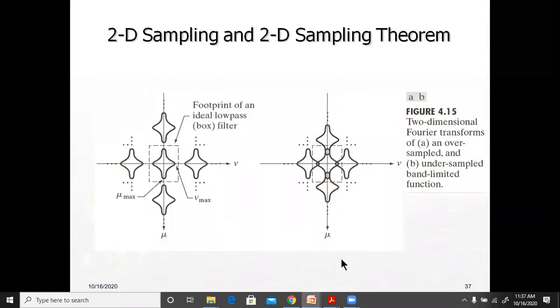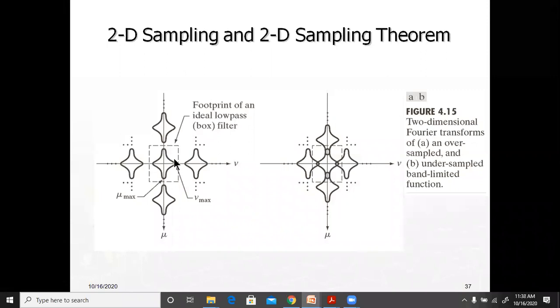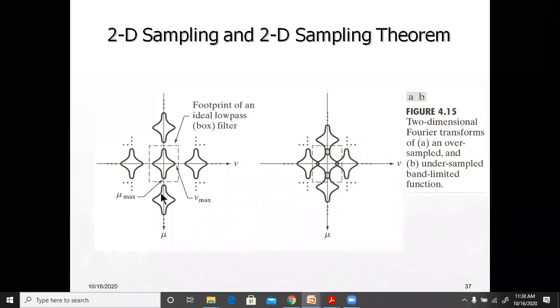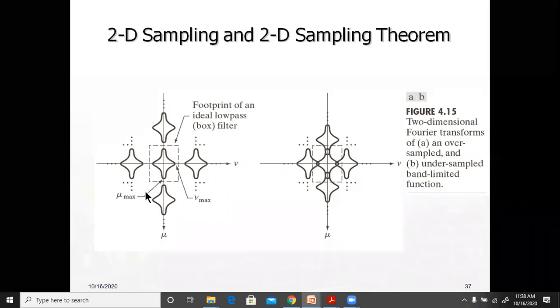So the 2D sampling is how it looks like here. The two-dimensional Fourier transform of an oversampled figure will be like this. An undersampled band-limited function will be like this, where there's a little overlap here. Critically sampled will be just this point touching this point, and this point touching this, and this point touching this. So this is oversampled, wherein you can separate each one of these very easily,